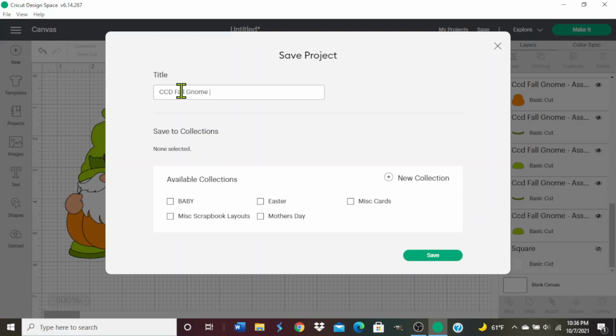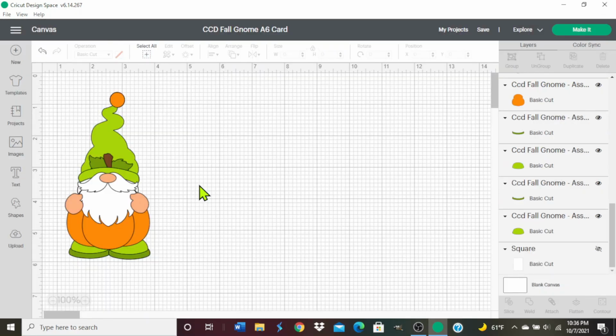And then from here, I'm not going to cut this right now, but just to give you an idea, I would click over here on Make It, and then I would cut my pieces out. Now, the next video I will share with you how I